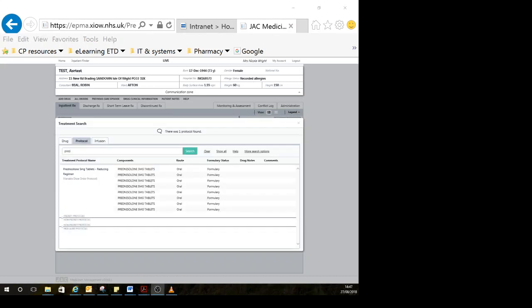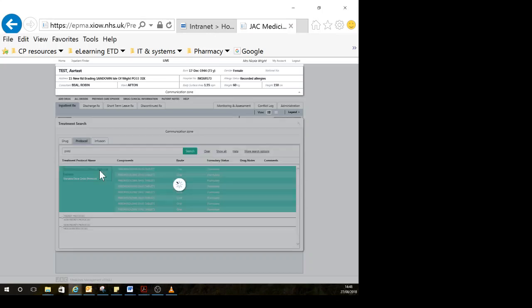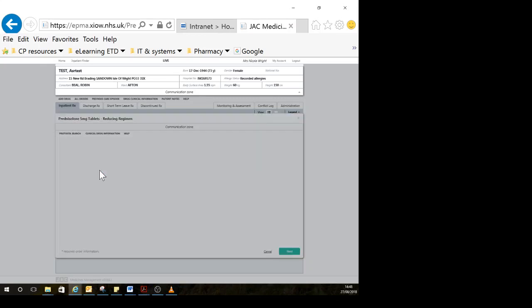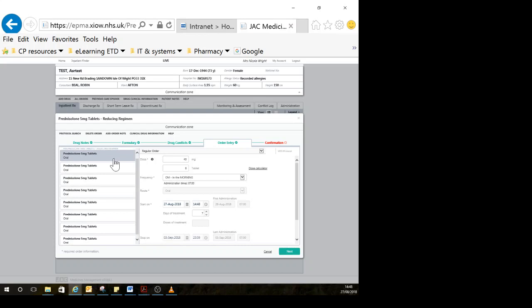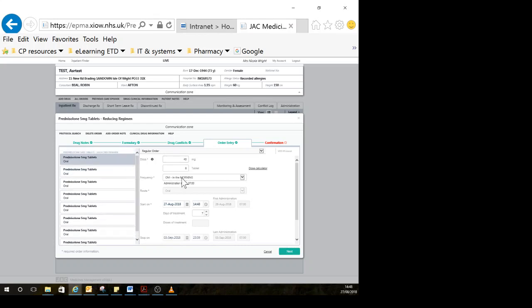The third type of protocol that you can prescribe on JAC is a variable dose order protocol. So classic examples is when you want a reducing regimen, so prednisolone or perhaps chlordiazepoxide. So I've searched prednisolone, there is my variable dose order protocol. When I click on it, it will list all the individual lines on the left hand side here. So I can see the first line is 40 milligrams in the morning for 7 days. And then underneath 35 milligrams in the morning for 7 days, and so on and so forth until the regimen